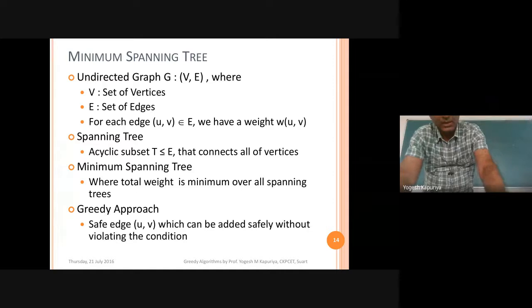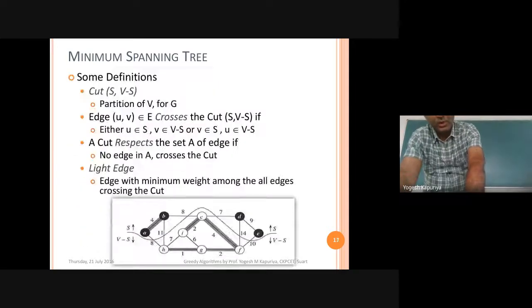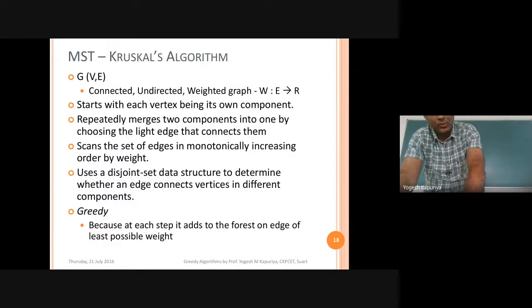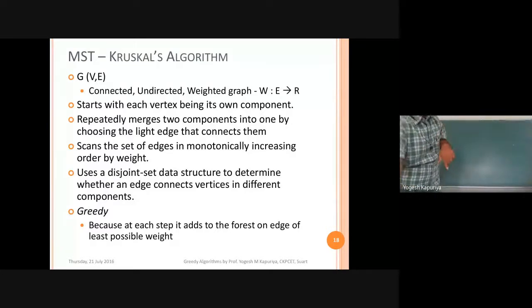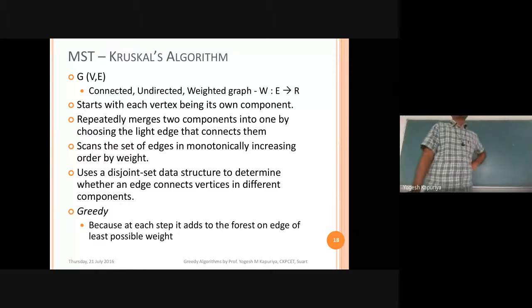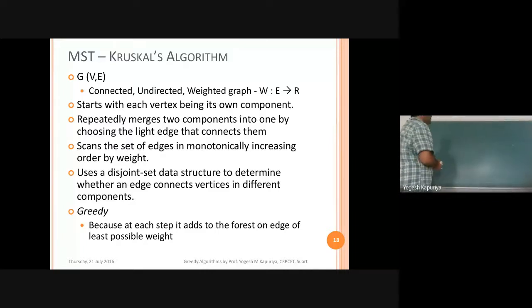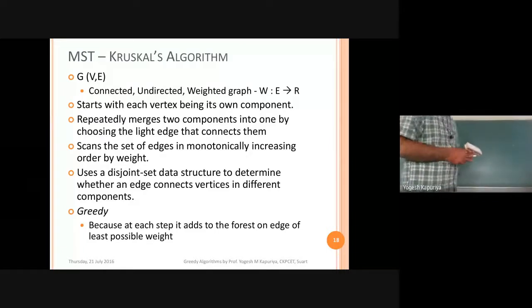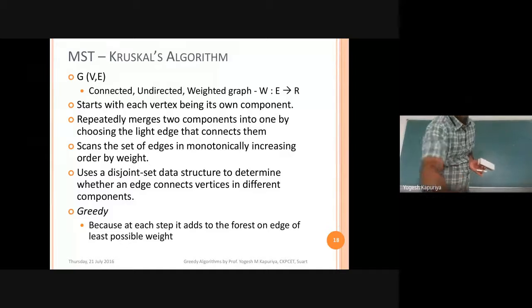We have discussed that there are two approaches. One is Kruskal's approach and the second is Prim's approach. So this is Kruskal's approach. Basically, it uses a set of disjoint structures. Today we will be discussing one example, and we try to understand how Kruskal's basically solves it.